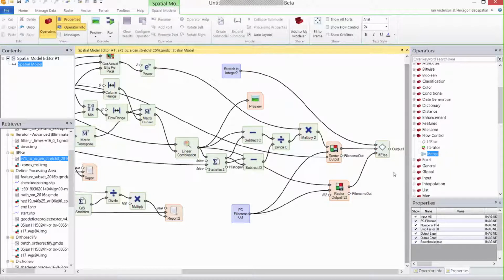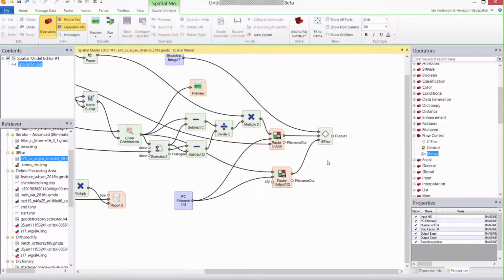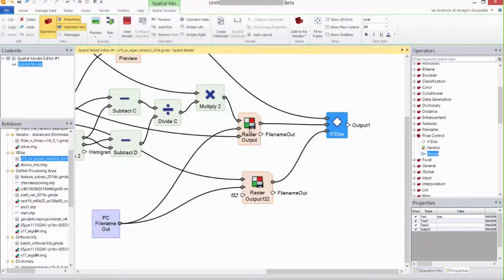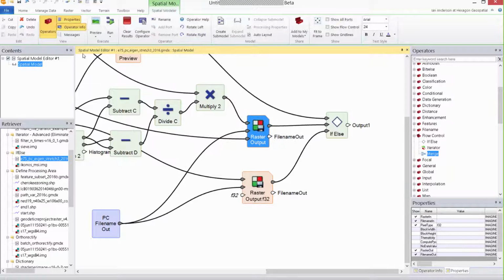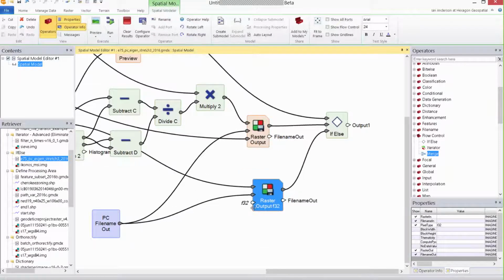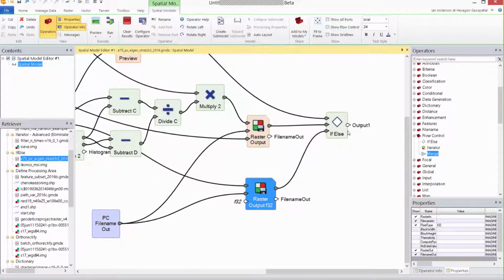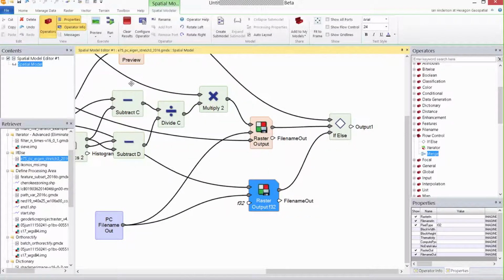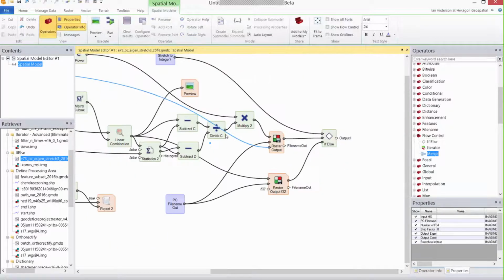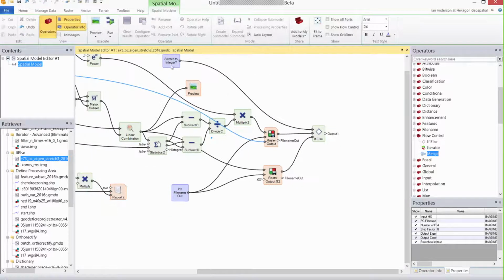So it becomes very easy, or certainly I think it becomes very easy, to understand what's happening. I'm basically saying I either want to execute this bit of the model or I want to execute this bit of the model depending on some other condition, which could come from something else executing within the model elsewhere, or, like in this case, it's just a prompt to the user, which is, do you want to stretch